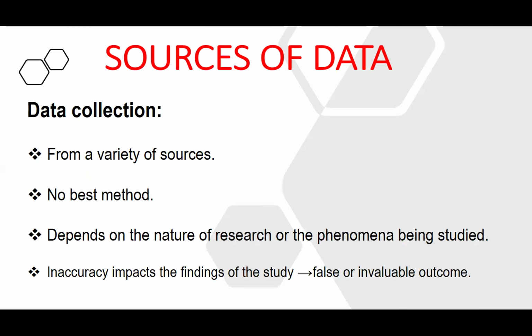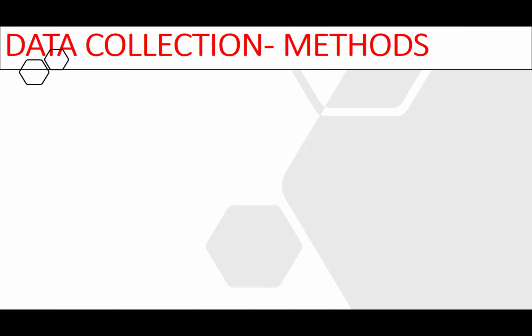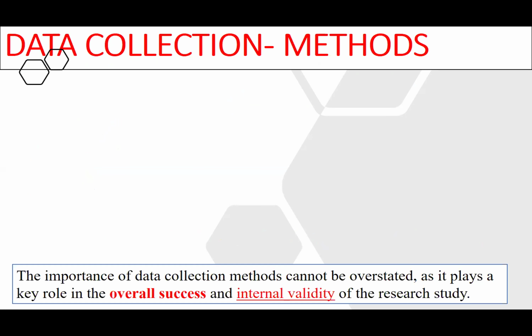So having known the different kinds of variables we have when dealing with data, what are the different sources of data that we have? The sources of data that we have to collect our data will vary, and there's no best way of collecting data, because the method we use depends on the kind of research question we want to answer. But we have to make sure that the data collected is accurate, so we don't have false information about the population we want to study.